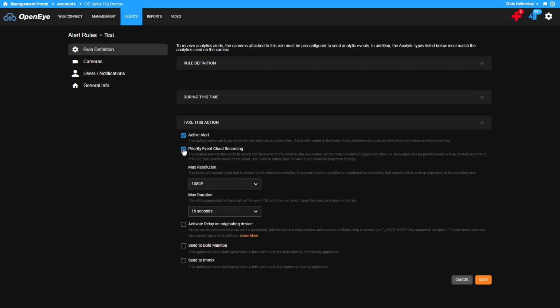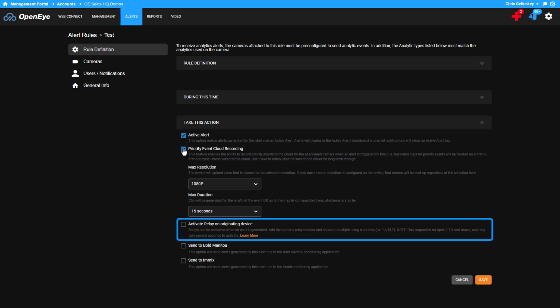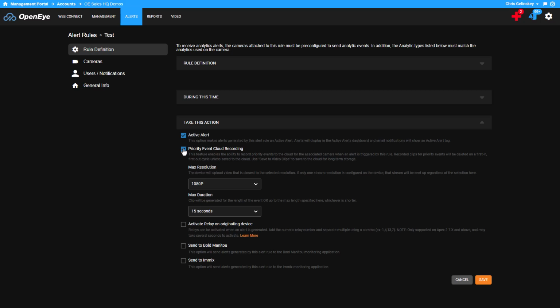Priority Event Cloud Recording allows you to back up recorded video of priority events directly to the cloud for remote reviewing and redundant storage. Advanced priority recording features are available with the purchase of upgraded storage. You may also be able to activate a relay when this alert triggers. To utilize this feature, you will need relays connected and configured in the recorder. For more information on how to set up relays, as well as the ability to send alert to various integrations, please visit